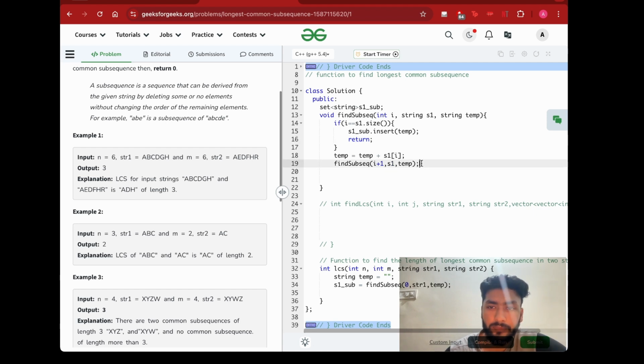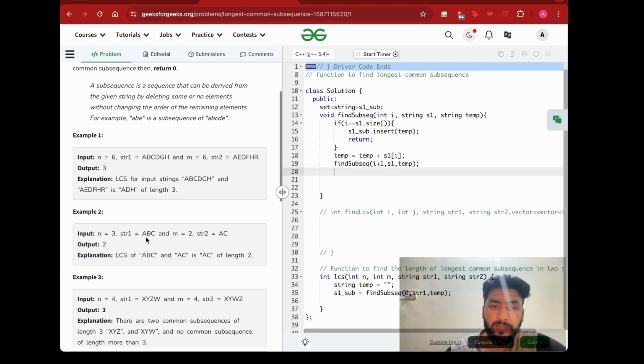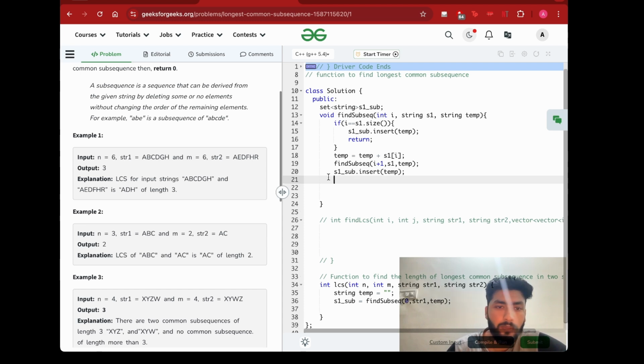Now I come back to this flow, and my I was at C. I've considered C also. So what I'll do is, I'll remove this character. C has been considered. We move forward. We come back to this. We see ABC is there. We add it to the subsequence. Okay. And what I do is, since C is considered, let's consider this case. A is considered and we are at B. There would be a subsequence where we won't want to consider B also. So at that point, I'll just remove this last character from the